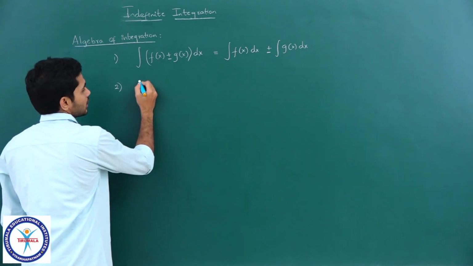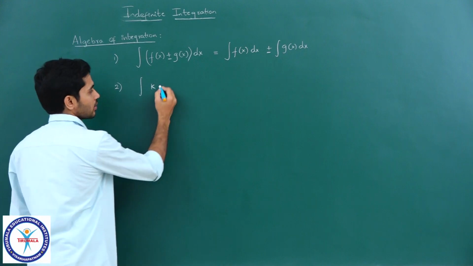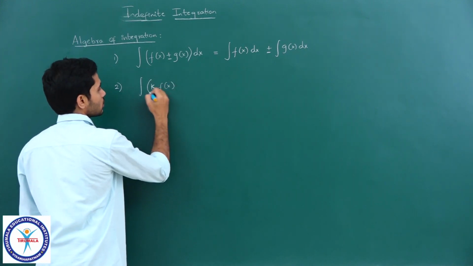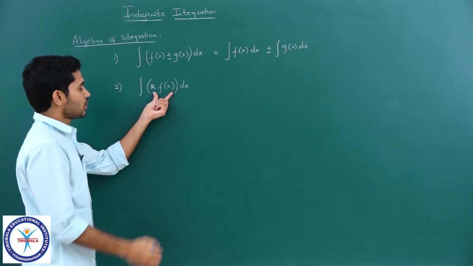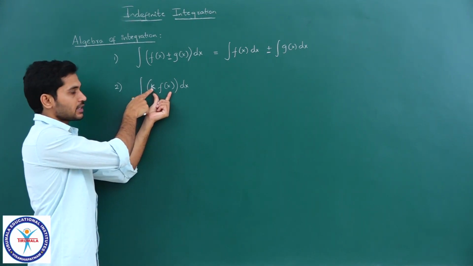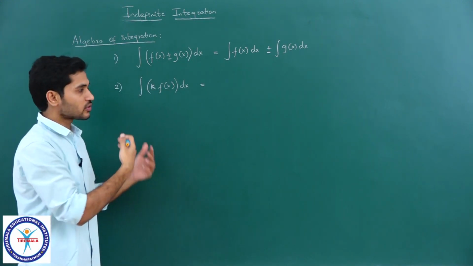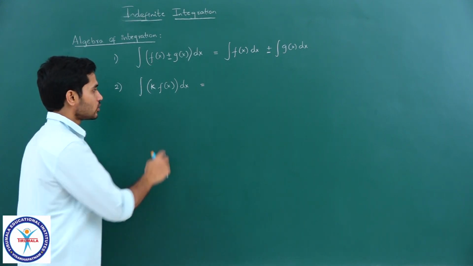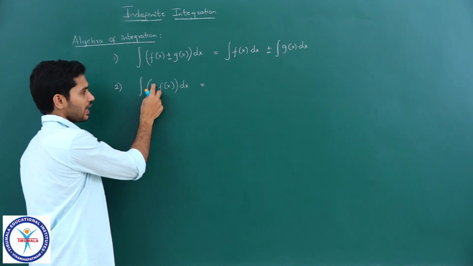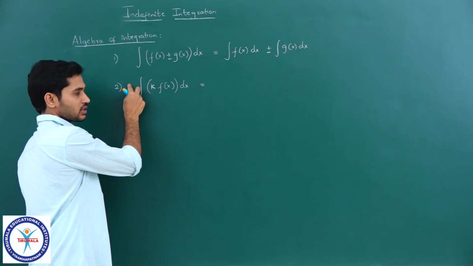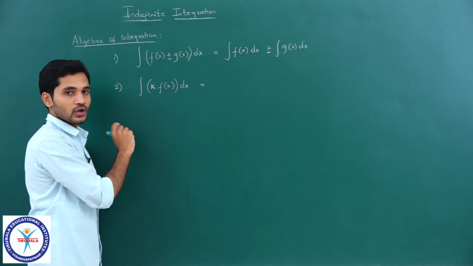Next rule is when it is multiplied by a constant. So, if there is a constant k into f of x dx, you need to integrate this expression which is in the form of constant into a function, clear. In such a scenario, what can we do? We can easily tell this because we have done similar things in differentiation. We can bring this constant outside the integral, which means I will first write the constant, perform the integration of f of x dx and then multiply that with the constant, correct.